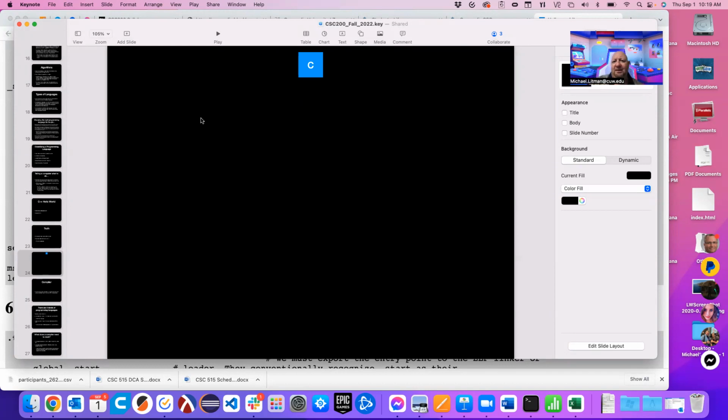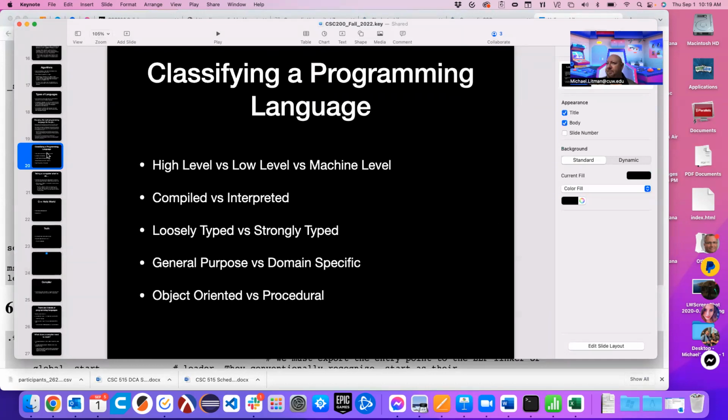So in any case, and we'll pigeonhole some of these things because I had this slide back here where I said it's helpful when you've been programming, you already have computer programming as a skill set. It's helpful for us to look at a language and say, okay, what kind of language are you? Are you a high level, low level, or machine language? Well, most of them we're going to use are high level languages. Are you a compiled or an interpreted language? And we'll talk about that a little bit more, but that does give us some information.